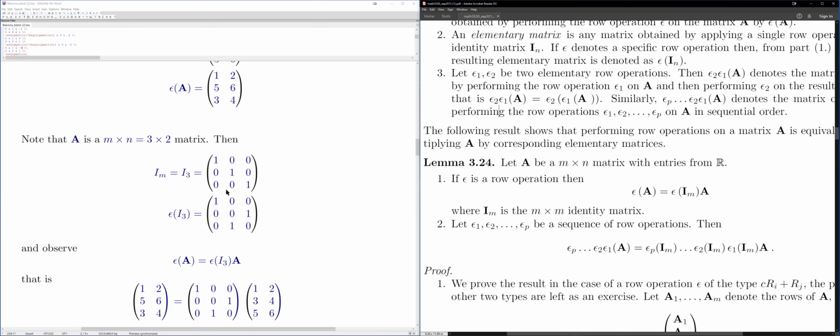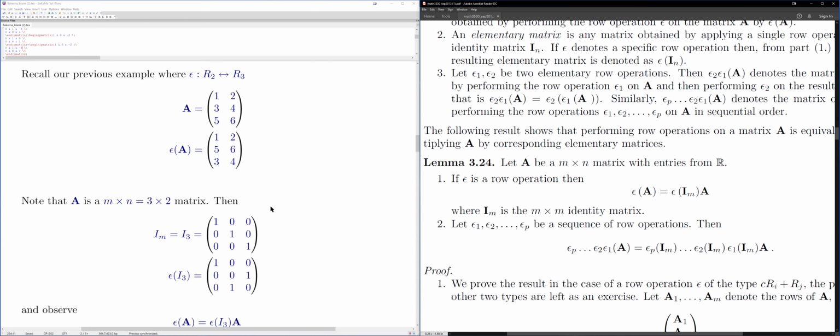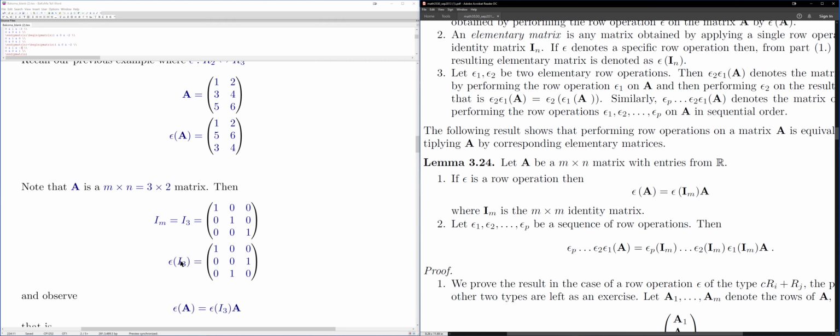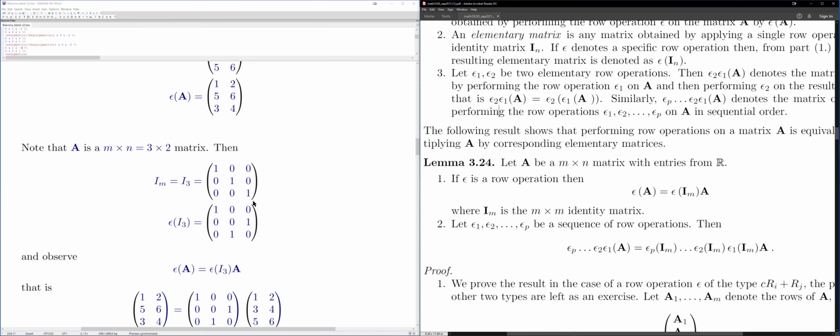So I have I_3 over here, and I'm going to apply the same row operation, which is exchange row 2 and row 3, to this I_3. When I exchange row 2 and row 3, I get 1, 0, 0, then 0, 0, 1, and then 0, 1, 0. Notice this is no longer the identity. What I'm saying is that this elementary matrix now carries the information about switching row 2 and row 3, because if I multiply it against A,